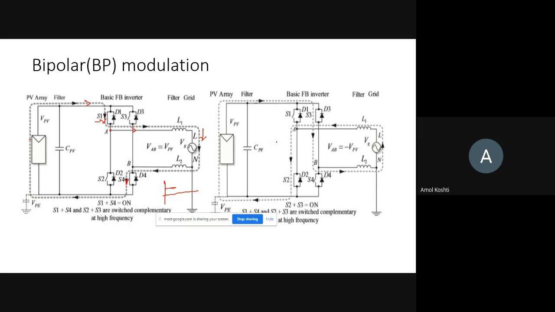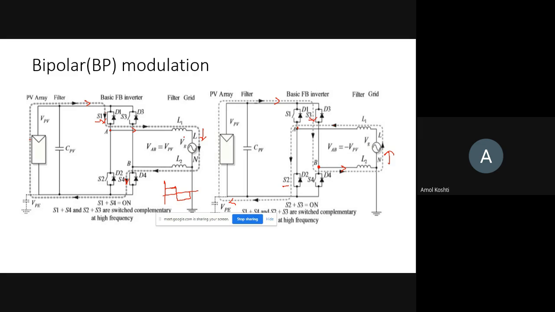Now in the second type of switching, we give a pulse to S3 and to S2. Initially current will flow through S2 and come to point B. From L2 it comes to the grid, and again to point A, then flows back through S2 and is closed here. After the positive, the direction of current is opposite, so immediately the negative cycle will be produced in this way.